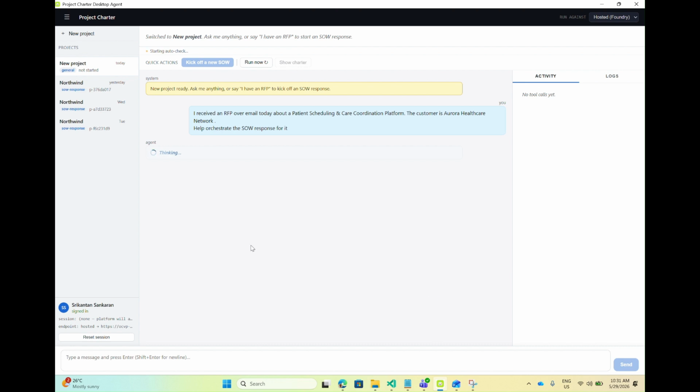While this happens, you'll notice that this desktop app is calling a hosted agent in Foundry, which implements the agent loop for this whole process. And this hosted agent uses the notion of a session that I'm hovering over here. For every session, it creates a sandbox virtual machine where it persists the state of the agent loop at any